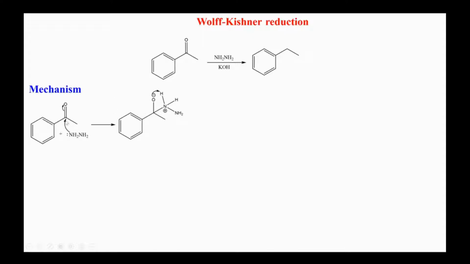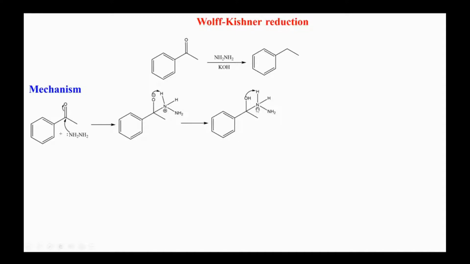So you have this ketone and you have this hydrazine. This hydrazine acts as a nucleophile, and this carbonyl compound is the electrophilic center. The lone pair of this hydrazine attacks on this carbon, and the bond between oxygen and carbon breaks in favor of oxygen, and oxygen gets the negative charge, which is this one. In the next step we have a proton transfer: this oxygen picks a proton from this hydrogen, which is attached to this nitrogen, and becomes OH.